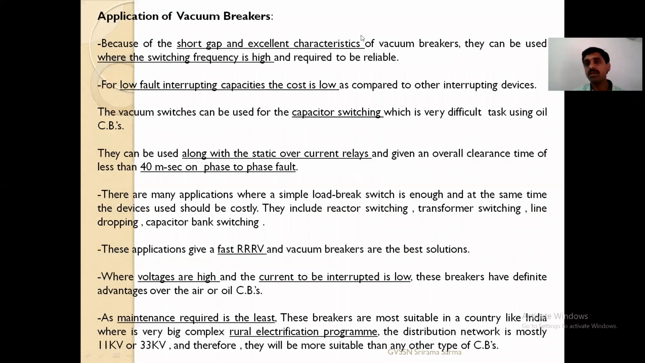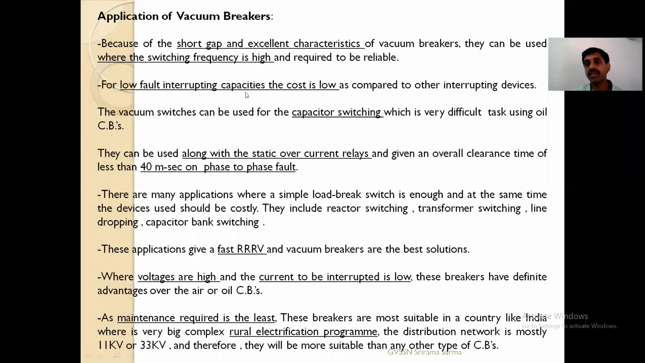So, yeah. So as I said, because of various advantages you have, they are used in different applications. Low fault interrupting capacity, cost is low, short gap, excellent characteristics, and very important thing is maintenance required is less. In a country like India, where a very big rural electrification program is there, the distribution network is mostly 11 kV to 33 kV. There, these breakers are more suitable, and they give fast triple RV applications. Where voltages are high, current to be interrupted is low. These breakers are